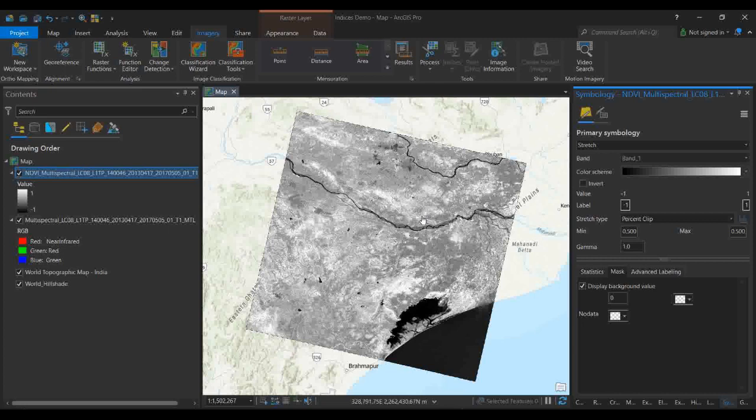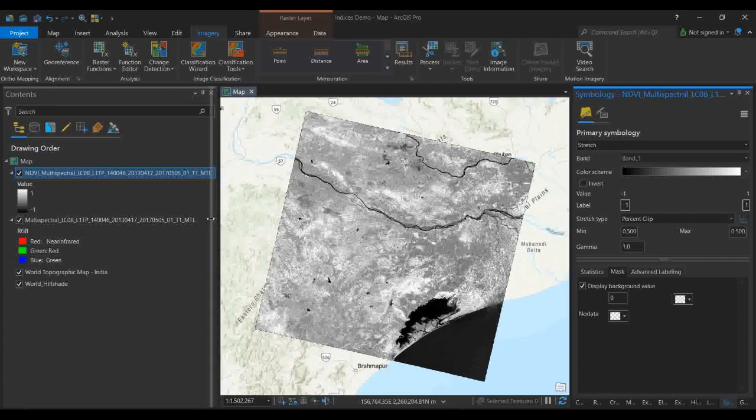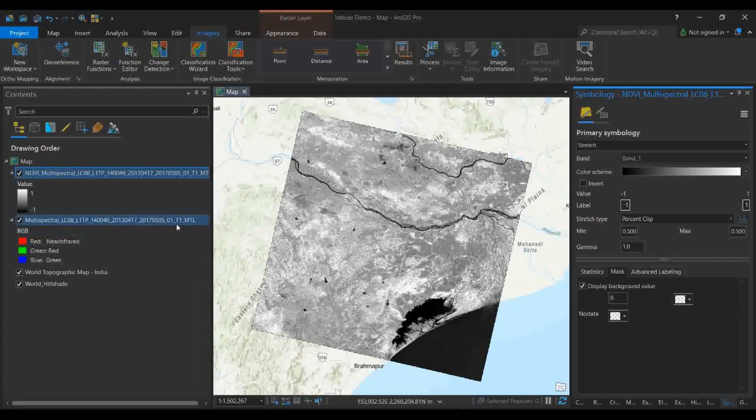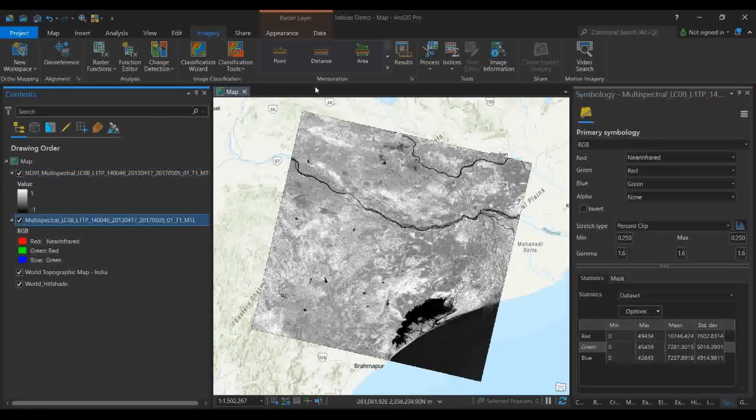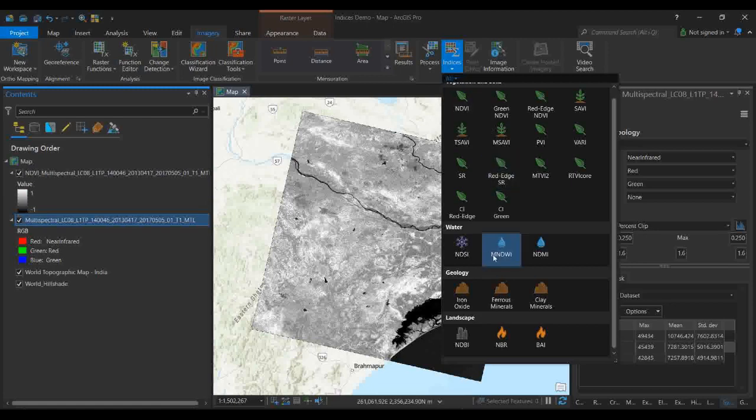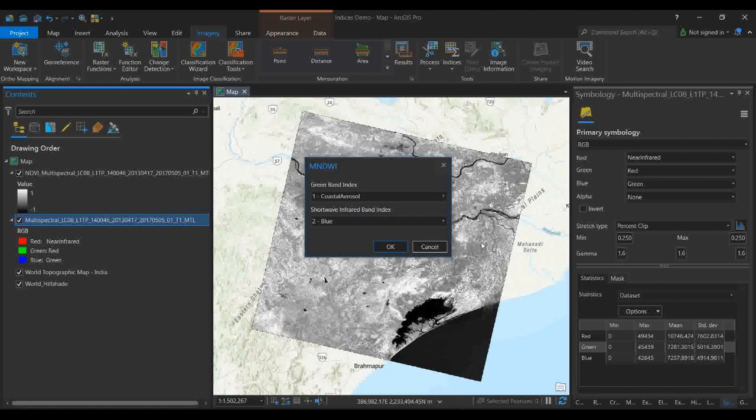Okay, and the most beautiful thing is, whenever you are opening this mtl.txt file, as I told you in my last lecture, it is automatically written by ArcGIS Pro. So these automations will also work over there. That's why you are actually getting this facility. So now if you see here, I am just simply copying this, selecting this, and I will go to the image gallery and simply select this MNDWI. Okay, so let's see how we will target the water now.